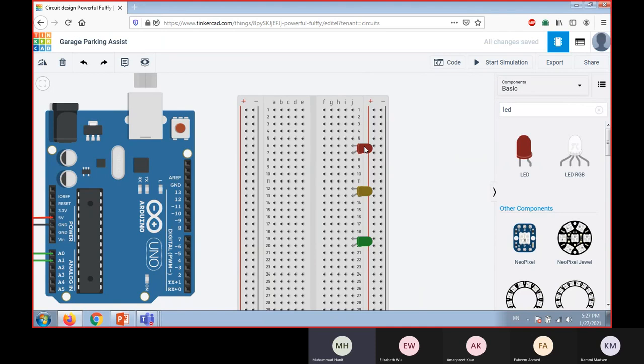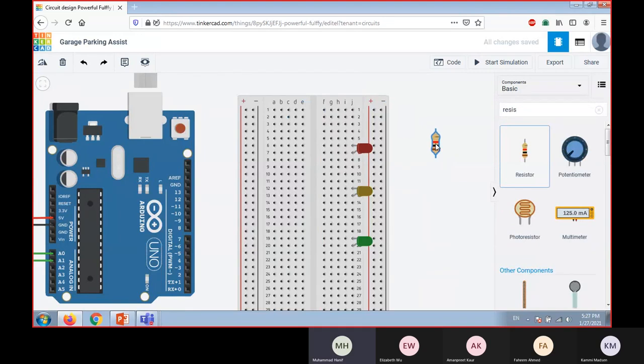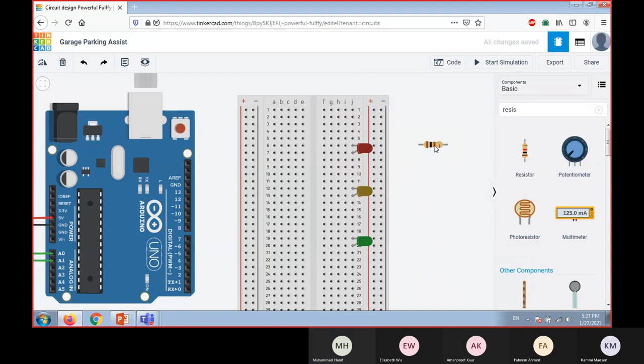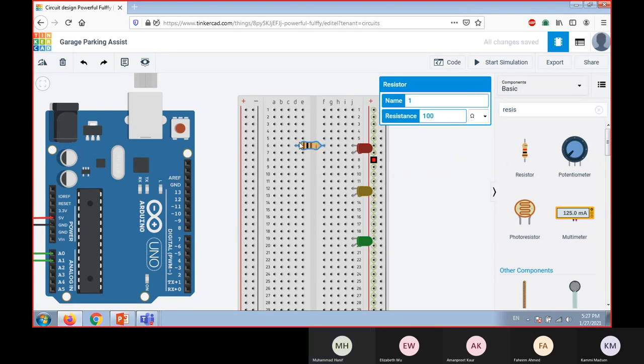But since the LEDs do not work with 5 volts, they only require say 2 to 3 volts maximum, what we do is we protect them by using a resistor. So I just search resistor and I drag it here. And then again, for convenience, we just make it horizontal and say I use 100 ohms resistance. So I just drag it here, and then I can copy it and paste it by using Control C and Control V,